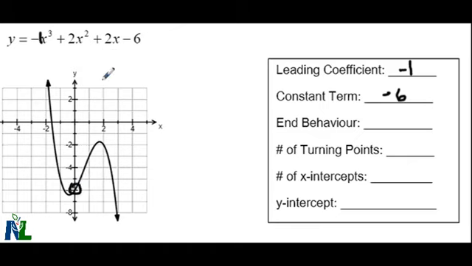The end behavior, remember, defines how the function behaves as we move from left to right on the graph. So as I look at this function moving from left to right, I can see that function begins in the second quadrant, or Q2, and it continues on as we go to the right into Q4. So the end behavior here would be that this function is decreasing from Q2 to